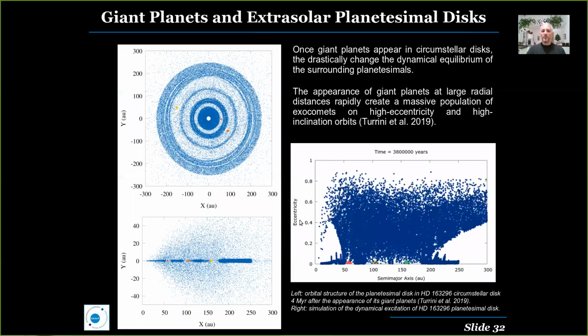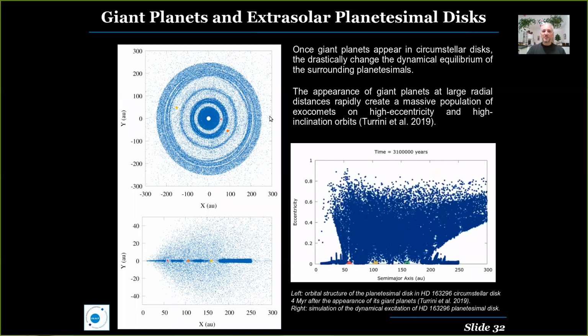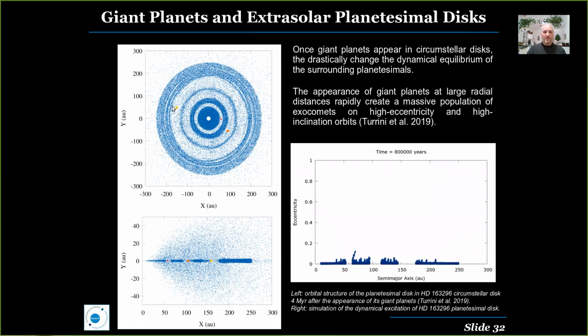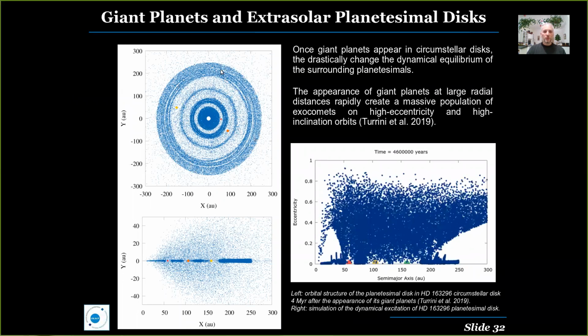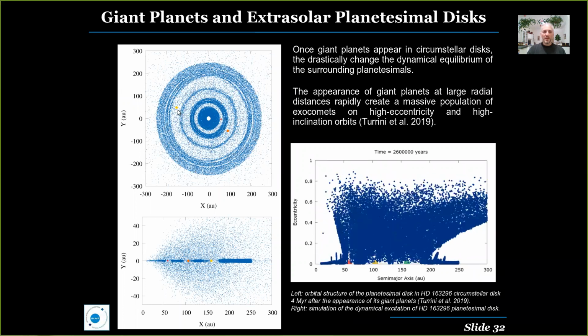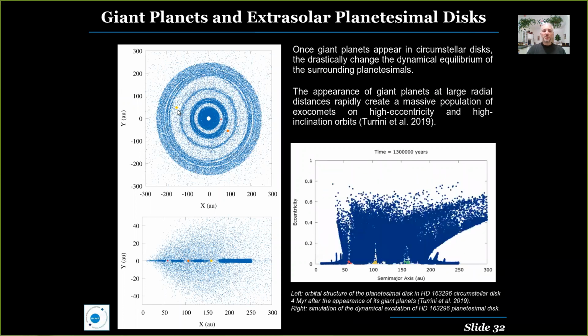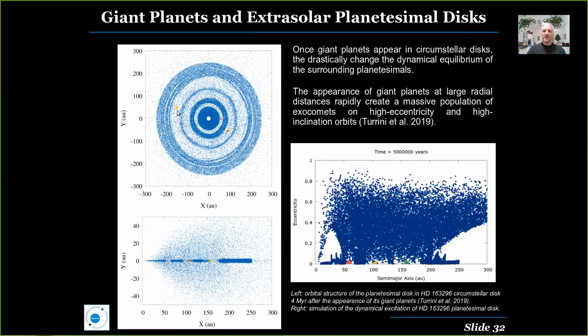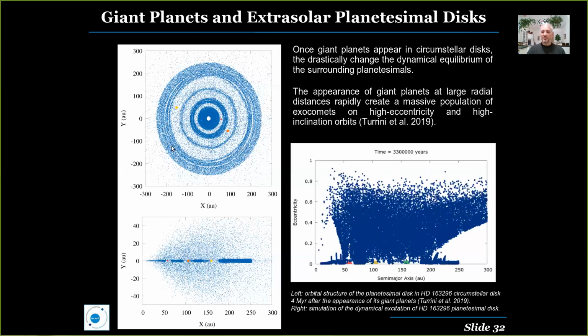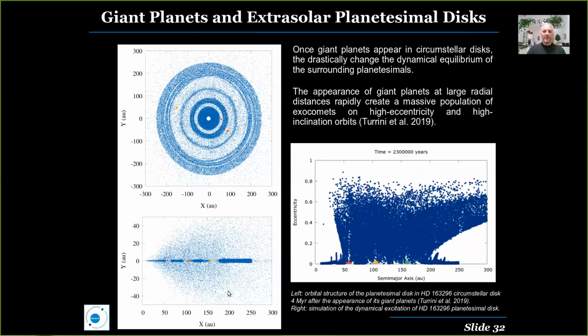And what happens when we put giant planets in a disk so far away from the star? What happens is that, as we expected, the planets clear a gap also in the planetesimal distribution because of the dynamical perturbation. But because the gravity of the planets with respect to the gravity of the star becomes much more important in dominating this region, the global effect is that